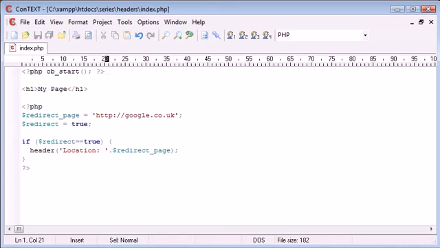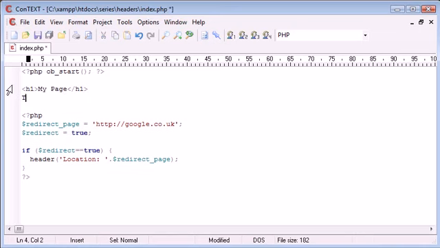Okay, so ob_start will not output anything on the page. Well, it will, but the page output will be stored in an internal buffer rather than sent as headers. So if we have some page content on here, let's say this is my page,